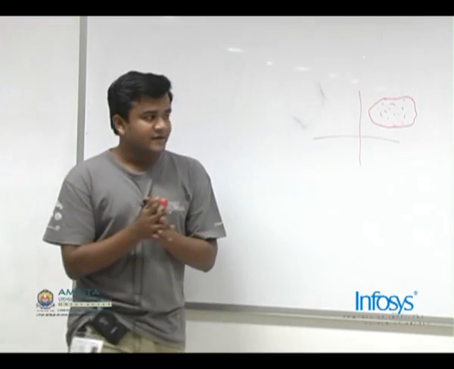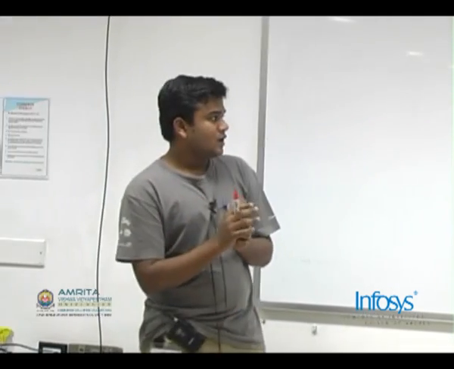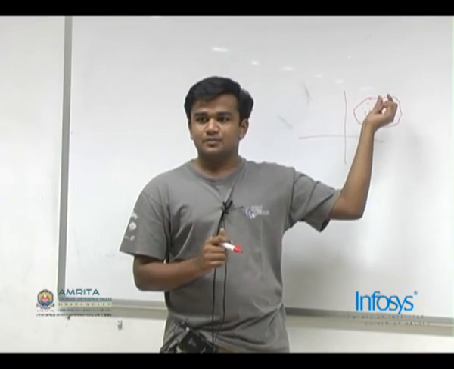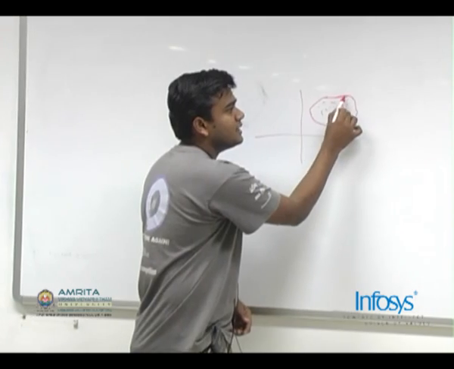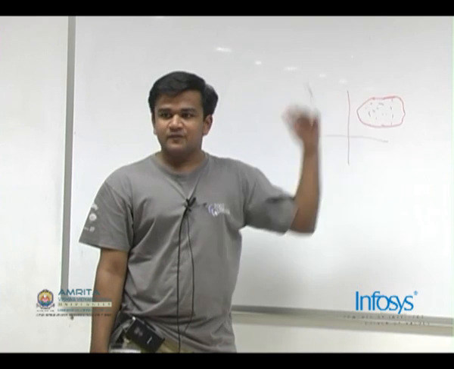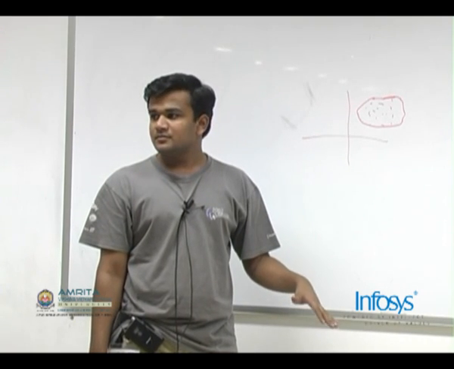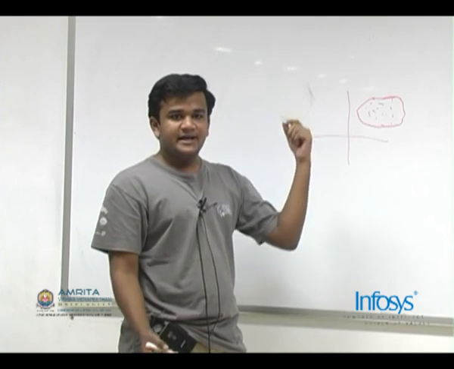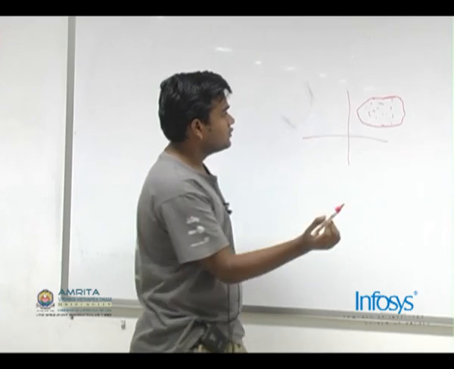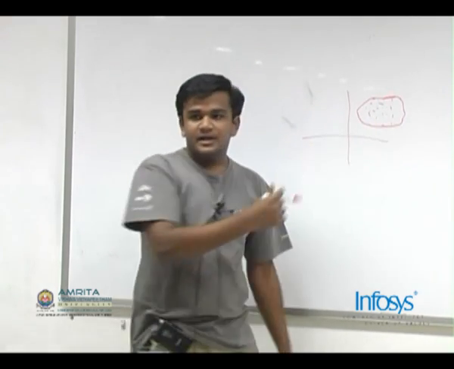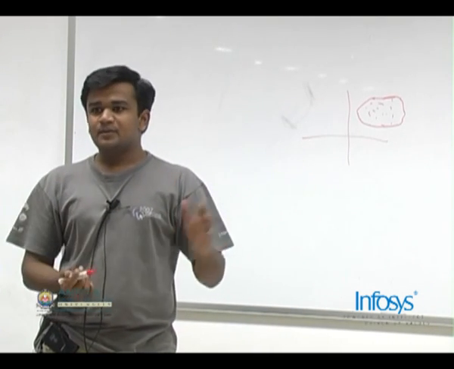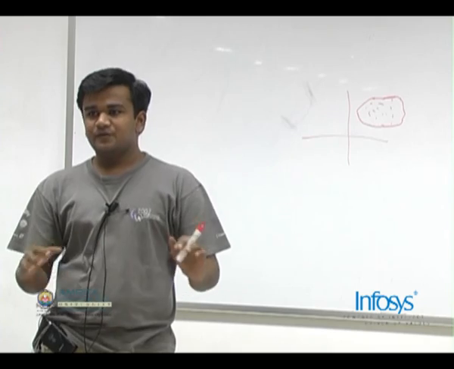Now there are various ways to solve this problem. First of all, let's see the properties of edges on this convex polygon. If we take any edge on this convex polygon, you should notice that all the points will be on one side of this edge, right? It cannot have one point on this side and one point on that side, otherwise it will not remain a convex polygon. So if we have an edge and all points are on one side of this edge, then this will be part of the convex hull of this given set of points.